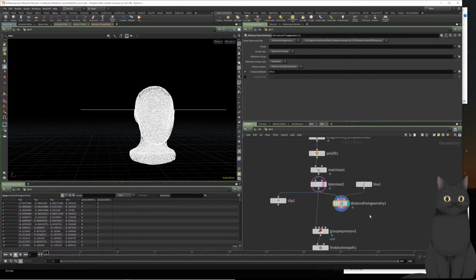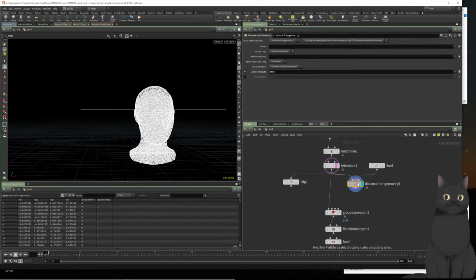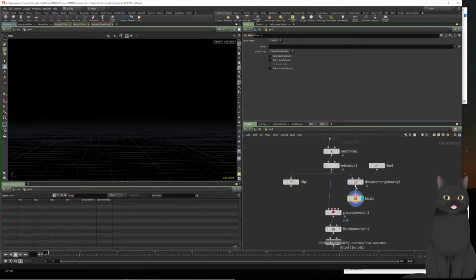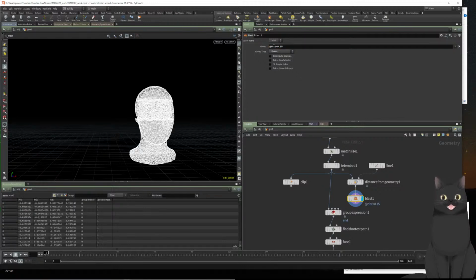for each point, which is treated as a tetrahedra geometry, and it should return a distance for each point, which is treated as a tetrahedra, or the other way around. The tetrahedra are basically displayed as points. So in order to blast them, you would just put points as the group and say add dist smaller than a certain threshold, and in this case I will use 0.15, so that way I have this hole. If we now connect it back to our group node,